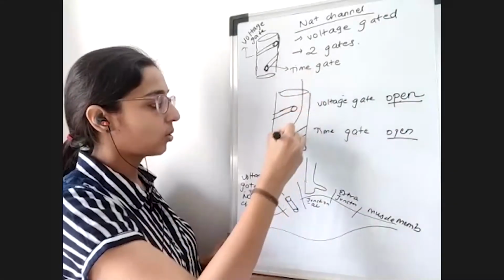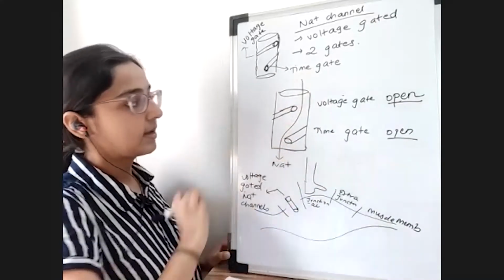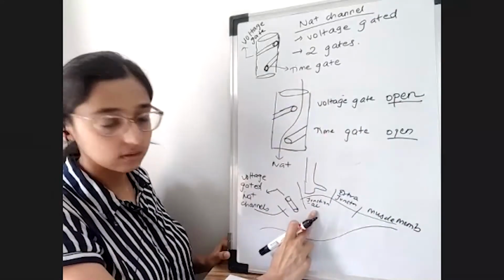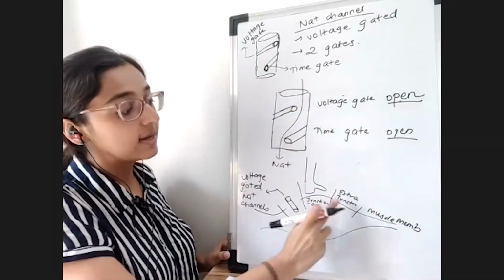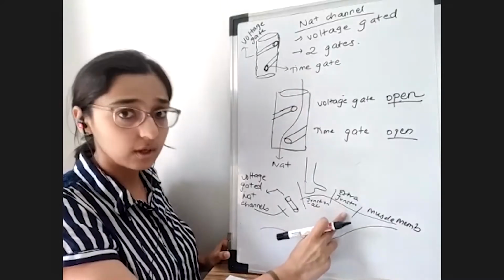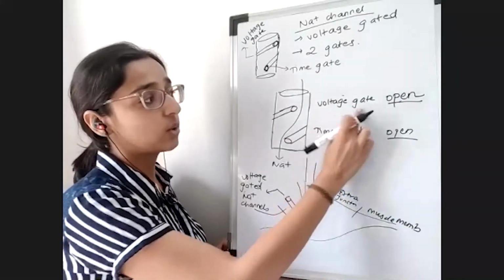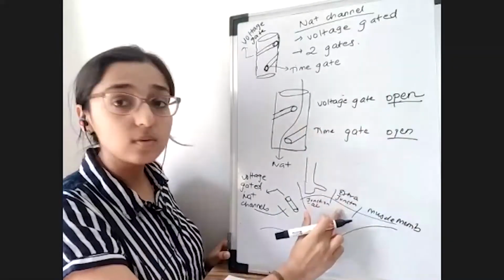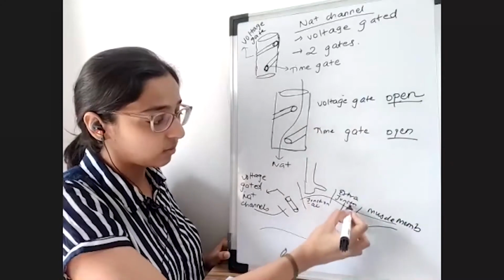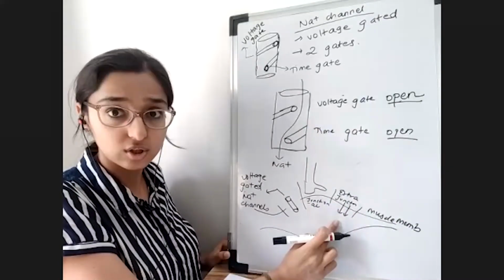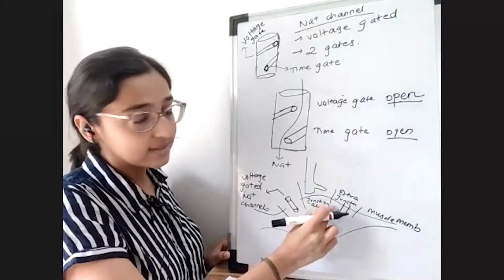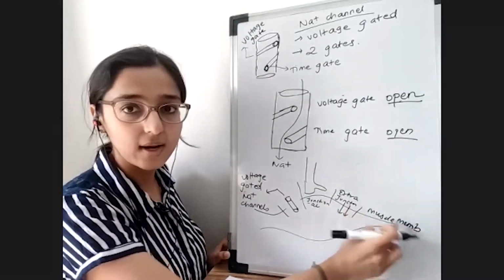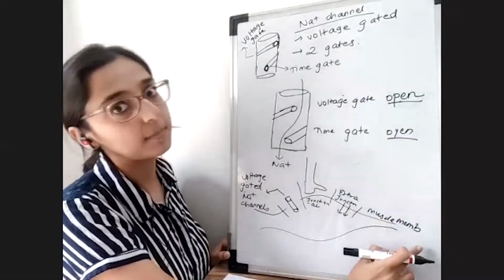Now what will happen? Sodium will start influxing. There will be an influx of sodium when both the gates are open, when depolarization has occurred in the junctional region. The extrajunctional region has sensed it. The voltage gated sodium channels have sensed it, the voltage gate opens, the time gate was already open, and now sodium influx occurs in the extrajunctional part as well. That causes depolarization of the extrajunctional membrane, the message passes on to the remaining muscle membrane, there is depolarization over all of the muscle membrane, and the muscle will contract.